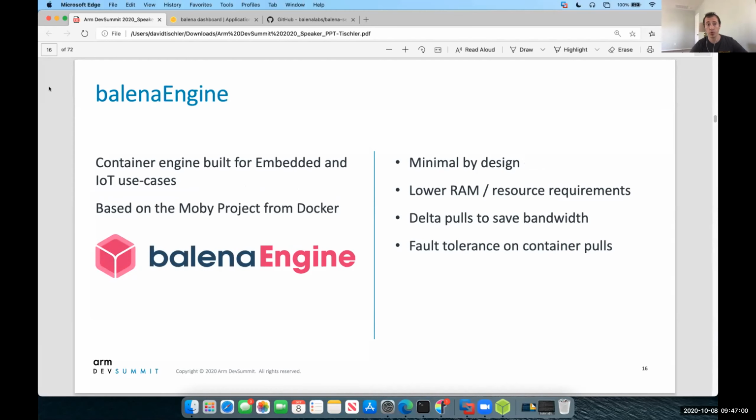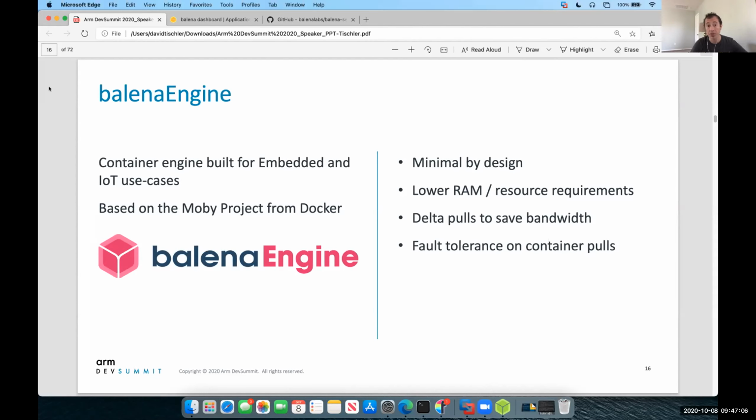And then I'll go through quickly a couple of bullet points for Balena Engine, which we mentioned, and that's the Docker runtime or the container runtime based on Moby. Similar to Balena OS, we've done some customization here to minimize the overall footprint. Docker was conceived in the data center. It assumes that you have consistent power and connectivity. That's not always the case when you're living in the IoT world. Power losses and connectivity losses occur on a regular basis, unlike a data center. Well, hopefully unlike a data center. If that's occurring in your data center, you have a different set of concerns. But